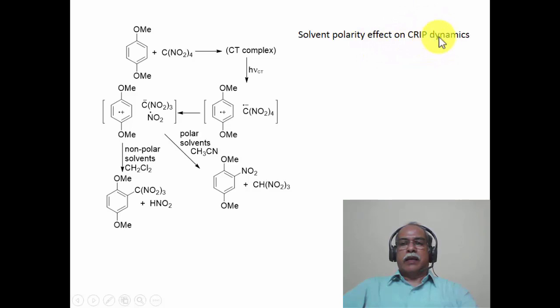This is a charge transfer complex between an electron donor, which is 1,4-dimethoxybenzene. The charge transfer excitation produces the 1,4-dimethoxybenzene cation radical and the anion radical of tetranitromethane, which fragments to give the trinitromethide and NO2. Now we have a cation radical, anion radical and a radical. Whether the cation and the anion will combine or the radical cation and the radical will combine will depend upon